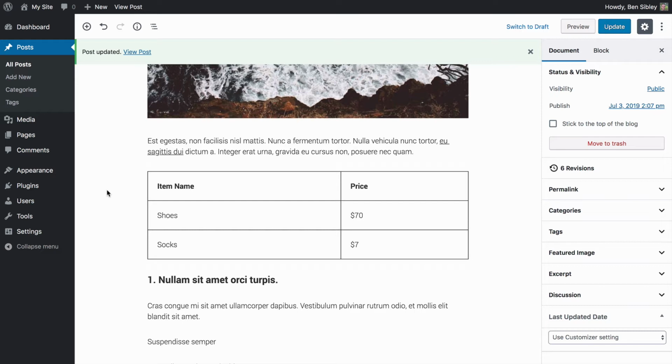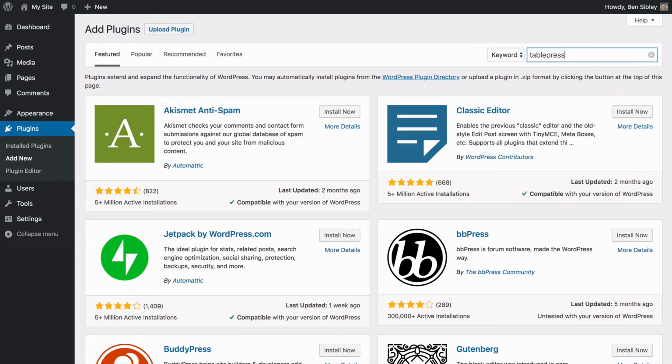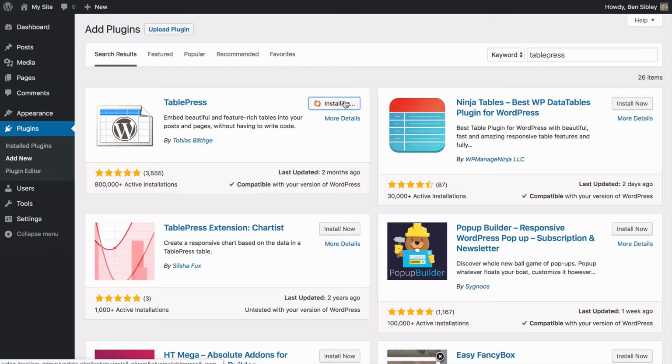What's happening is that this table, the way it's inserted, is both stylistically limited and limited in terms of managing your data. A better solution is to separate your data from your presentation. To do that, we'll add a new plugin called TablePress. And this is the plugin that I recommend everyone uses whenever you're inserting a table into a WordPress post or